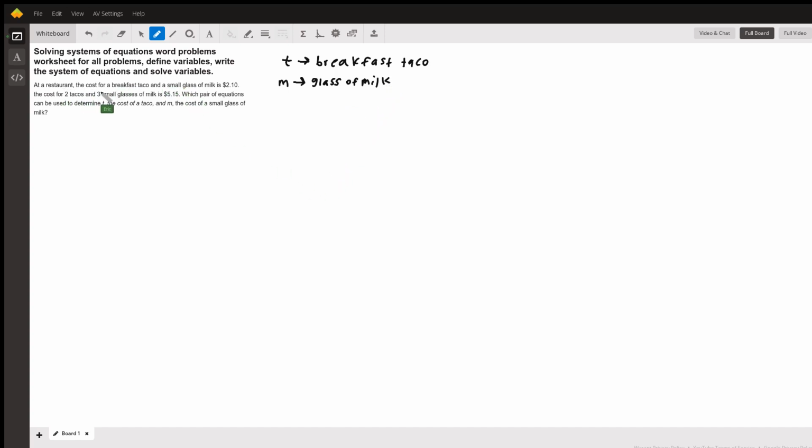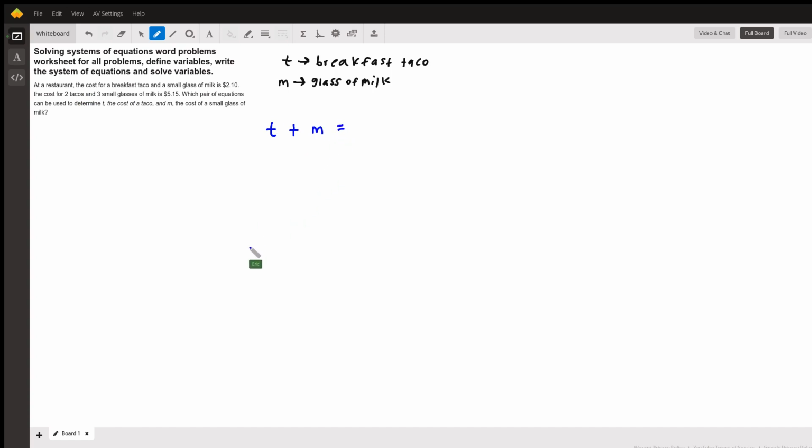Now the cost for a breakfast taco is going to be T. You could put 1T, just so you can see it. It means the same thing, but when you get into higher math, they'll prefer that you write the T. You can always put 1 in front of any variable that doesn't have a coefficient. So T, which represents our breakfast taco, plus M, which is our glass of milk,